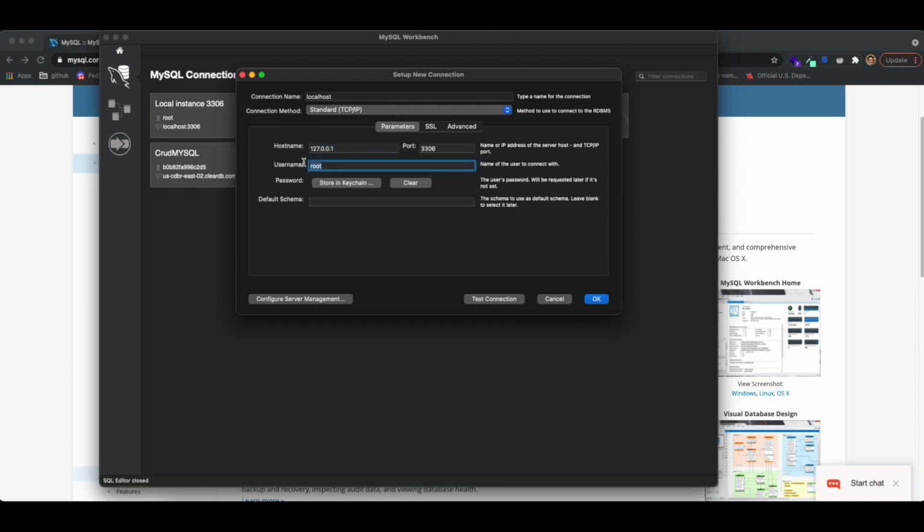You put the username as root, put the host name as this, or you can change it to localhost as well. Then keep the port as it is, unless you've changed the port in the MySQL installation process, and then put a password over here. So usually the password you put when you click on this button can be whatever you want, but the